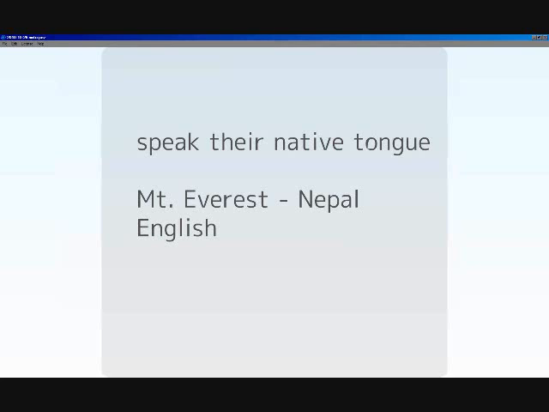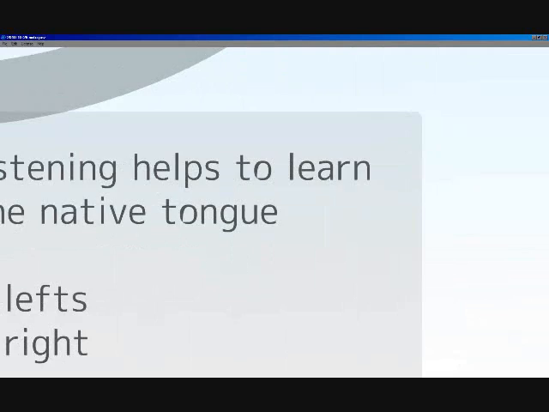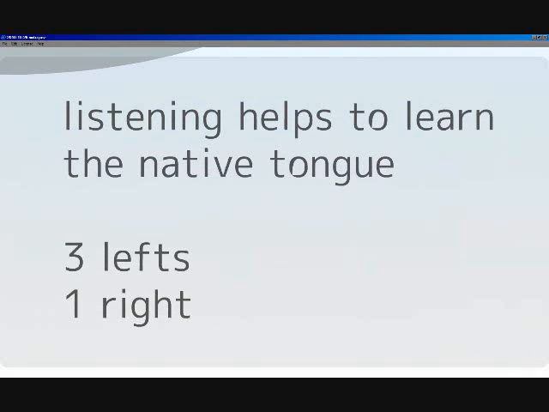And if you're from Tennessee and you happen to hear mention of Tennessee, you might even stand up and walk right over to that person and ask where they're from or begin a conversation. So you understand the impact of speaking a native tongue, and the result that ensues when someone hears their native tongue and the response that they have to it. How do you learn to speak someone's native tongue? You need to memorize 3 left and 1 right.